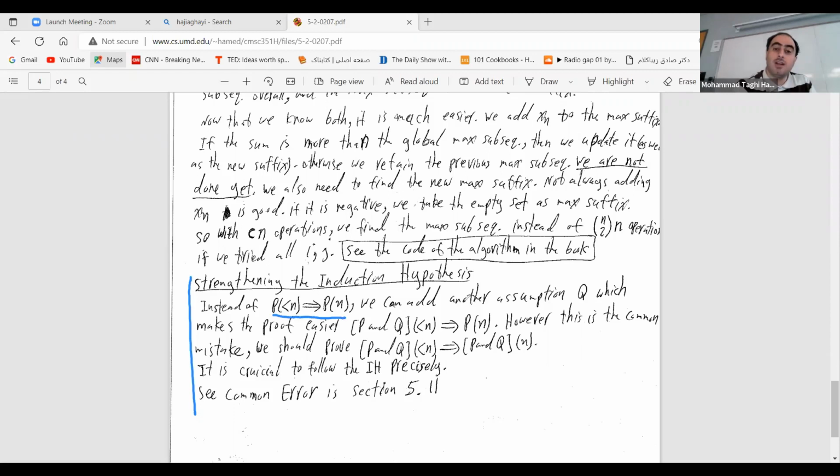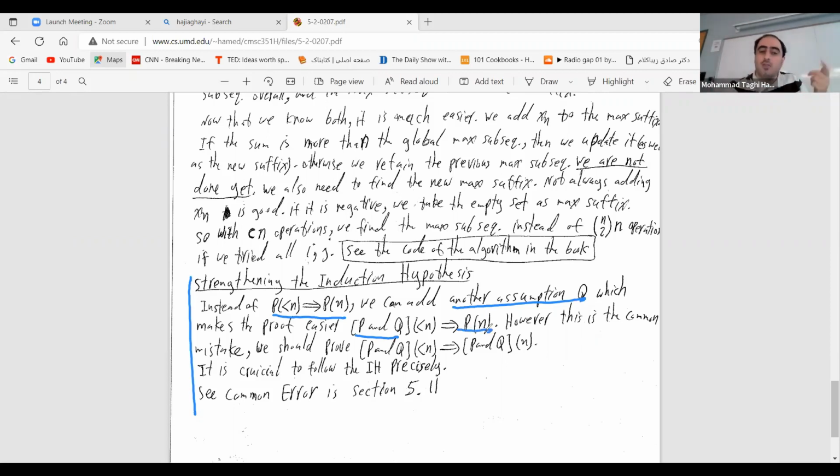Sometimes we have another assumption Q as well. Now, what do we want to say? We want to say that if we have P and Q, so what were P and Q in that previous example that we mentioned? We said that not only do we have P of N minus 1 of X, but also we have X to the N, or X to the N minus 1. We are having P and Q less than N implies N. That sometimes is much easier to do.